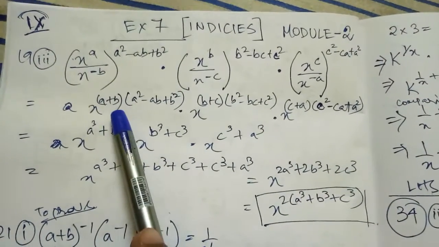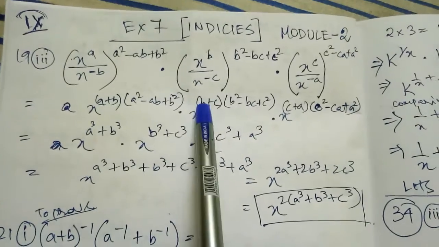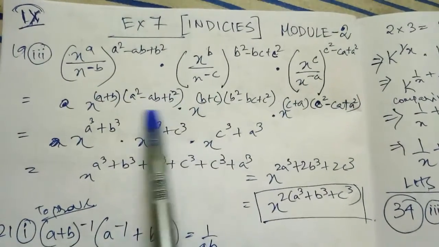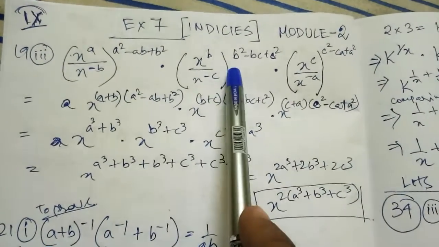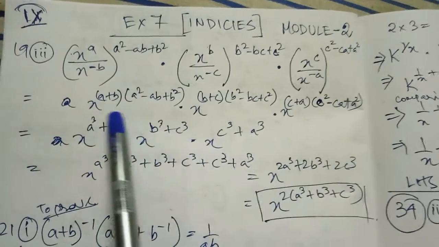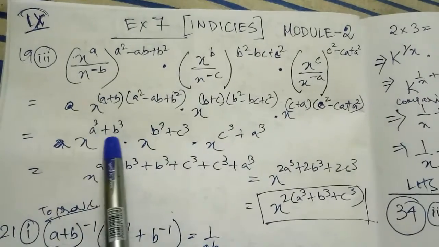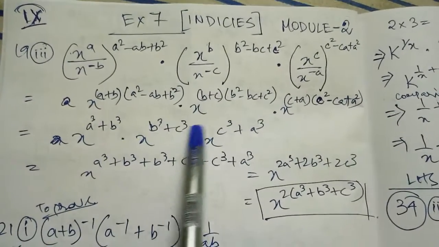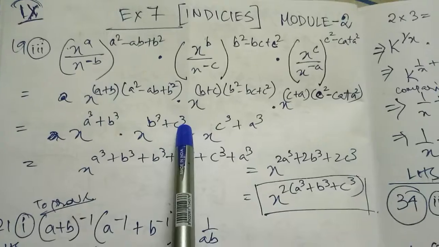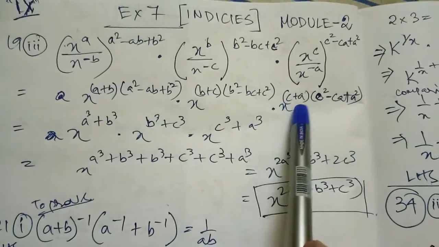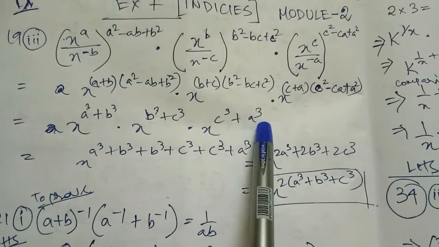See, I have taken it to the numerator. What came? a plus b, here also b plus c, and here also c plus a. This part is all the same; I am not changing anything over here. Now see, a plus b is the formula of a cube plus b cube. I have written a plus b whole a cube plus b cube formula. Same thing also for b plus c whole cube, and here also c plus a is given. For this it was c cube plus a cube.